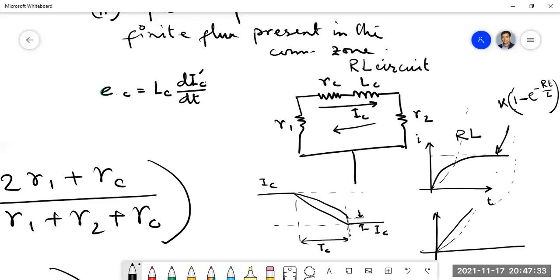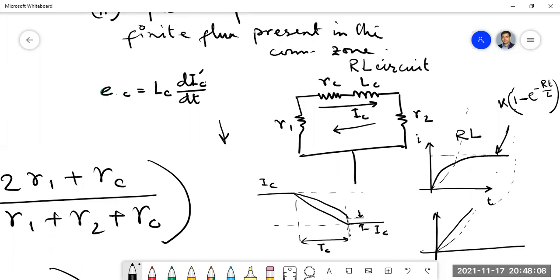So then what will happen? There will be some sparking. Understood? When there is a flow of current and we try to break that current, we always have some sparking. Here also a similar thing happens. Due to the presence of the inductance, there will be a current response like this. It is called the delayed response. Always, in the presence of inductance, the current response is delayed.